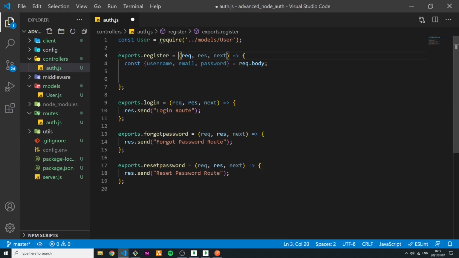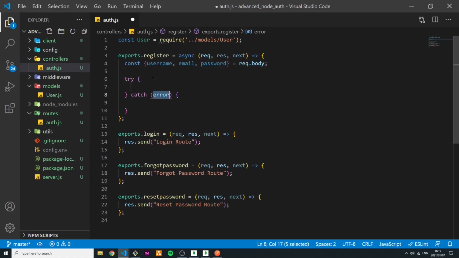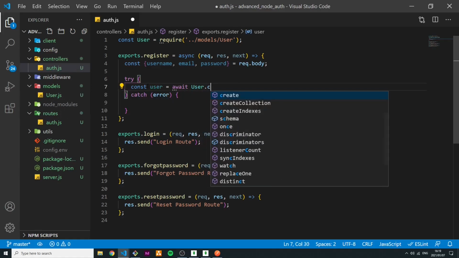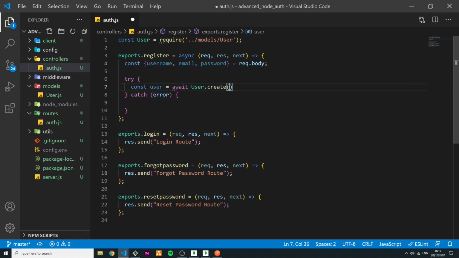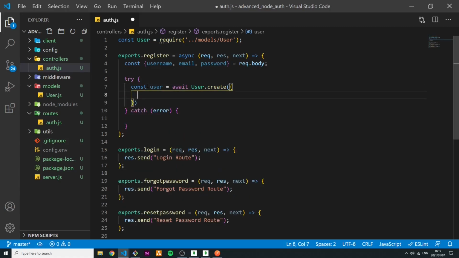So we have to change this function into an asynchronous function. And we're going to use the try catch block to catch any errors when working with asynchronous code. So this is going to look as follows. Firstly, what we're going to need to do is actually just straight up create the user. So we can say const user is equal to await, and then we take the user model, and on that user model we call create. And for this create, we pass the username, the email,